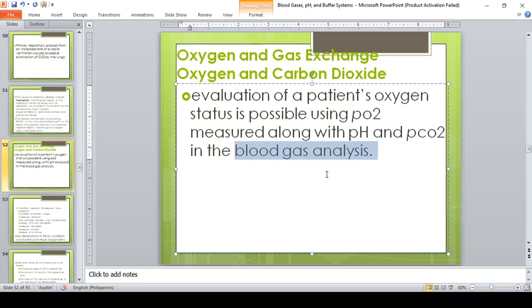So, kapag in-expose mo yung sample mo into the environment, okay, ano mangyayari? So, ma-expose siya into a high concentration of oxygen. Ano mangyayari sa PO2 ng sample? Tataas yung partial pressure of oxygen ng sample. Okay? And magi-escape naman yung CO2 sa sample papunta sa environment. Okay? So, bababa ngayon yung concentration ng